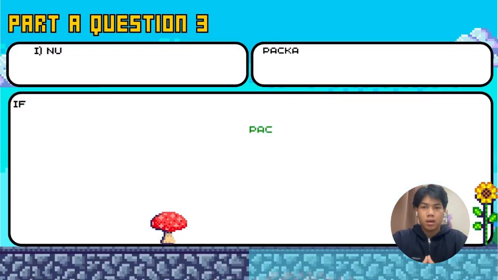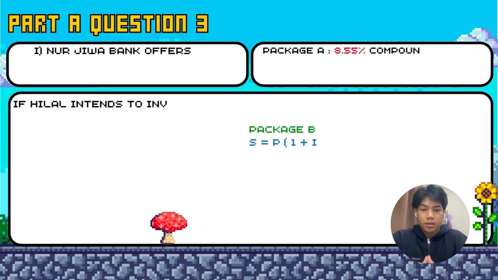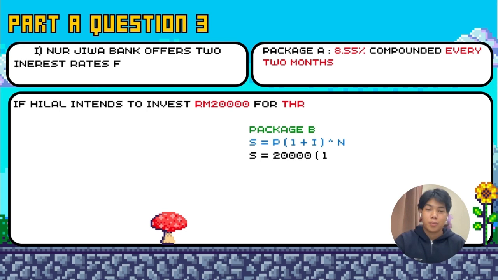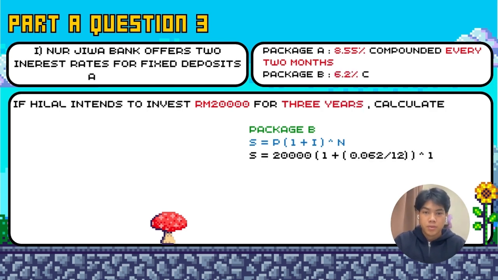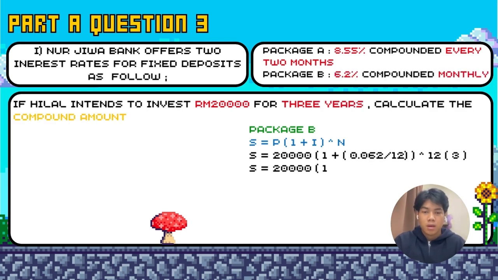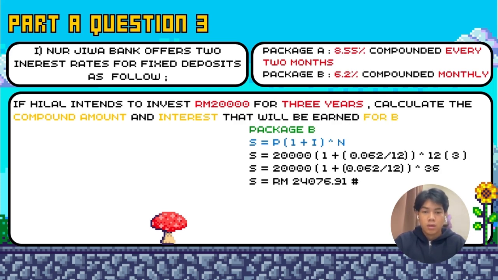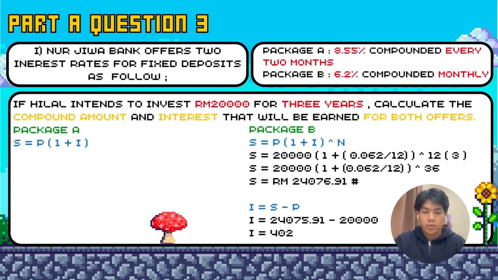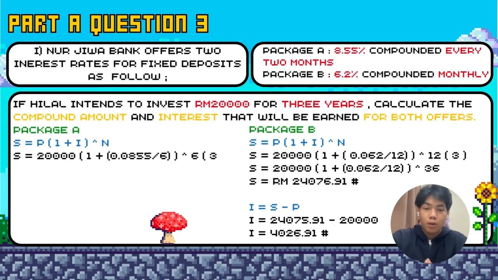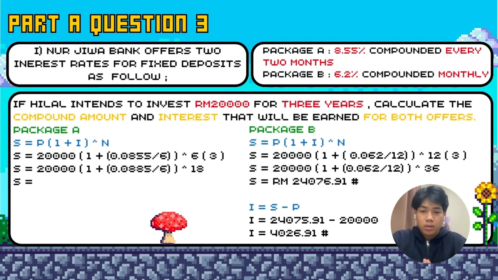J4BA Bank offers 2 interest rates for fixed deposit as follows. Package A 8.55% compounded every 2 months. Package B 6.2% compounded monthly. If Hilal intends to invest RM 20,000 for 3 years, calculate the compound amount and interest that will be earned for both of them. For compound amount, I will use formula S equals P bracket 1 plus I bracket power of N